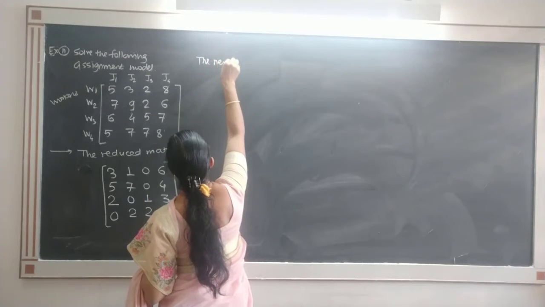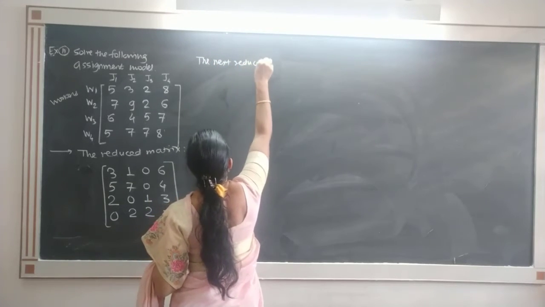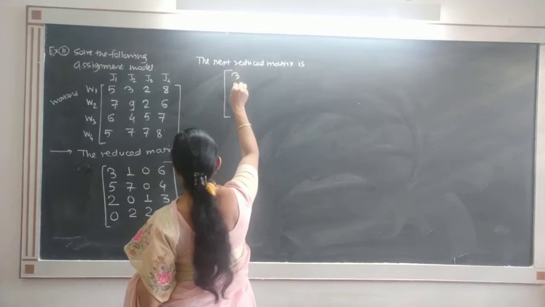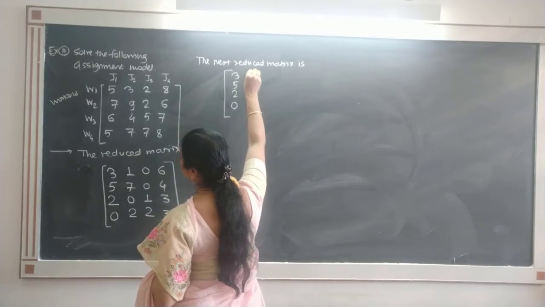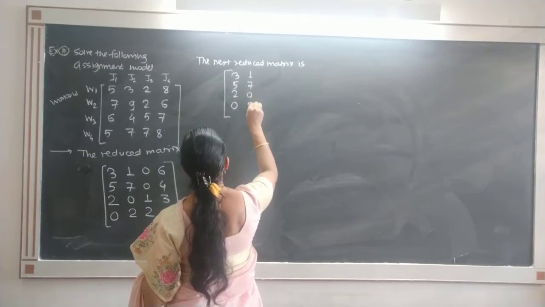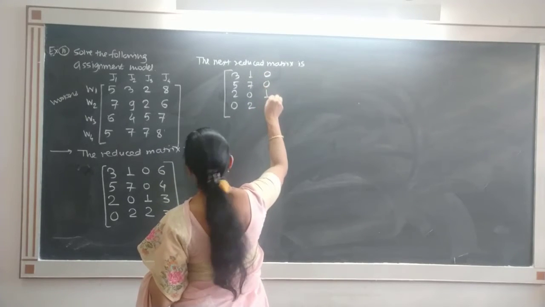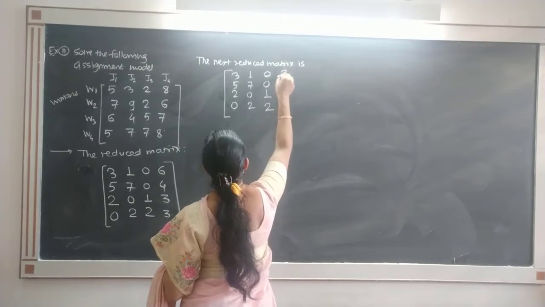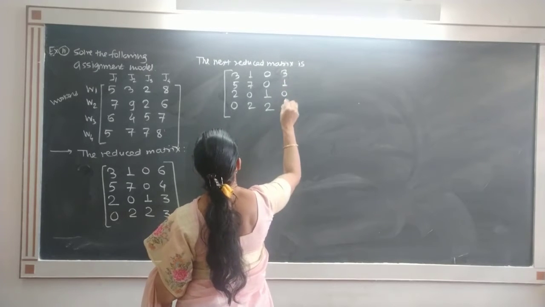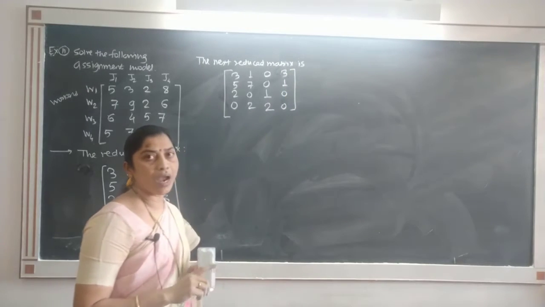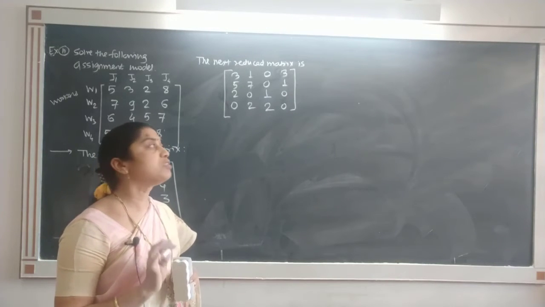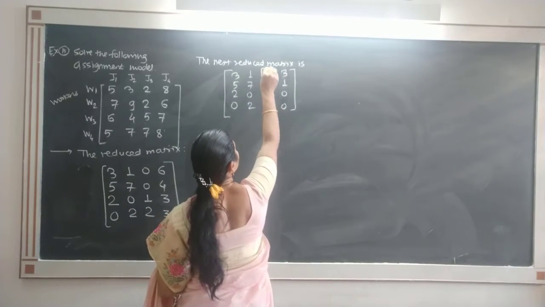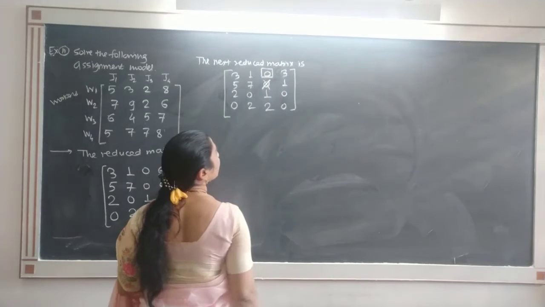The next reduced matrix is 3, 5, 2, 0, as the column itself contains 0, then 1, 7, 0, 2, then 0, 0, 1, 2, and because we are subtracting 3, it remains 3, 1, 0, 0. Observe that every row and every column contains at least 1 0. Now search for single 0. Single 0 appears in the first row, so box that, cross out the others.